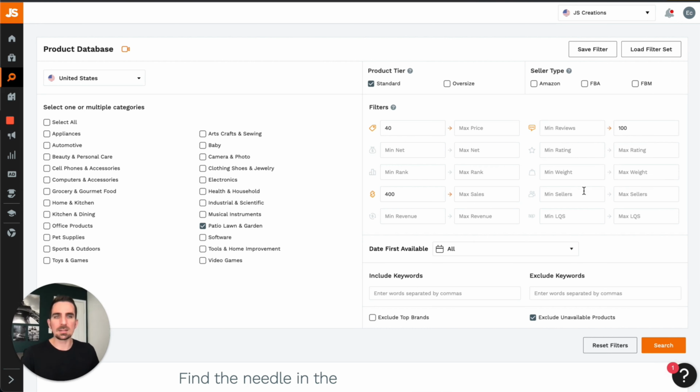The weight and stuff, again, is relevant if you already have done some math or some calculation about storage fees and all of that, or the shipping fees. Amazon actually publishes all of their size categories in Seller Central and tells you exactly what it costs to ship a package depending on its dimensions. So this could be useful if you know that you're not willing to spend more than X amount of dollars on shipping, but it's another constraint that I don't really mess with at the beginning of my research,